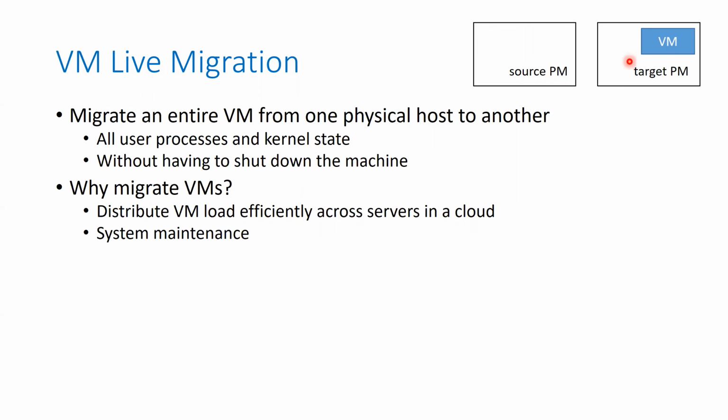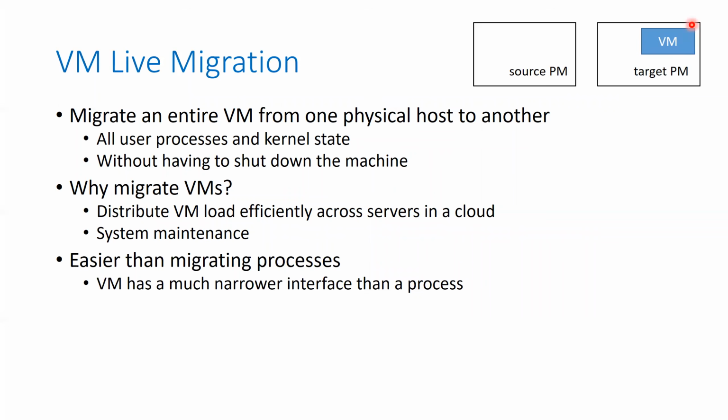Similarly, if you find that some machines are underutilized, you might want to consolidate all the VMs from multiple machines into one machine so that the other physical hosts can be freed up. So there are several reasons why you might want to do this in a cloud setting. And even if you don't have a large cloud, even for convenience, if you have just a few standalone machines, sometimes a physical host has some issues, you might want to take it down for maintenance, but you don't want to impact the applications running on it. So in such cases, you can migrate the VM to another host and then free up this host for maintenance. So VM live migration is something that is commonly done for several reasons like this.